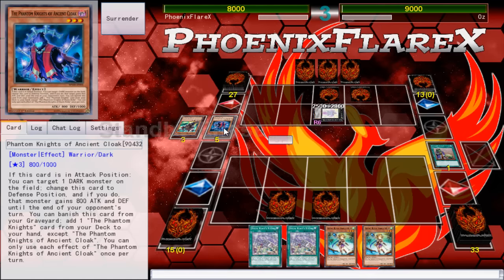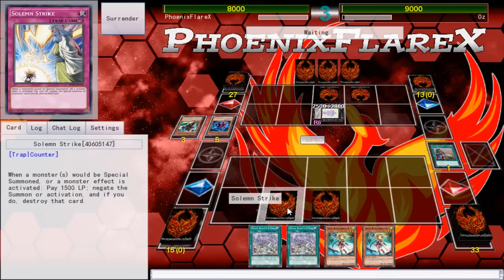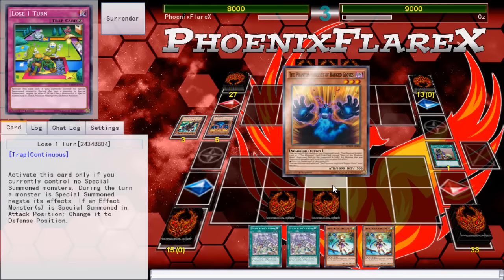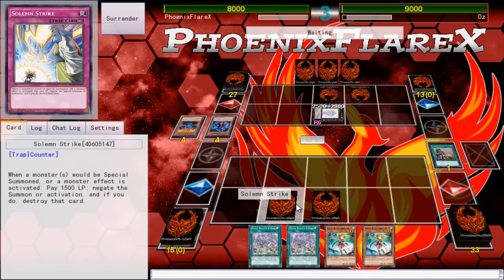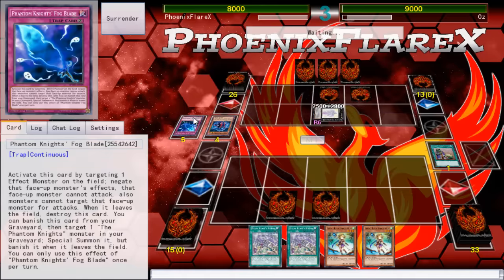Oh no, he sent another Ancient Cloak. Interesting. I would have expected Cow Cab to be the line of play, but he might actually have something like Twin Twister already in his hand that he didn't set. So there is easily potential for that. Otherwise, Lose a Turn is a card that I'm going to be trying to bank on letting me survive until the next turn, because I've got Strike and I've got Lose a Turn, so I can potentially not die too terribly quickly,